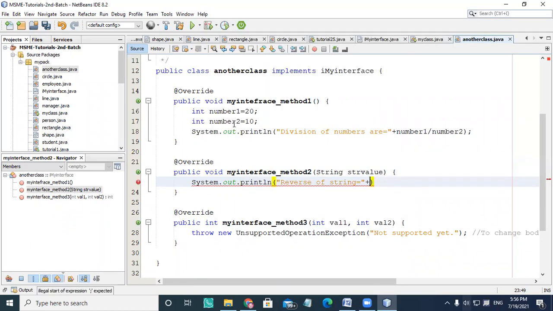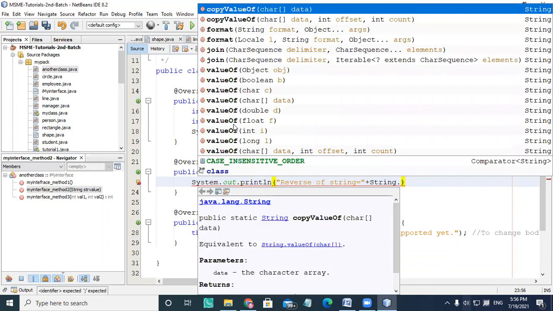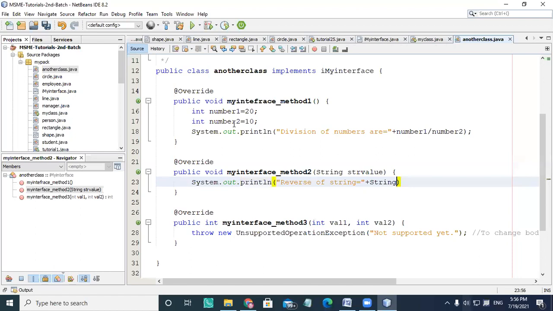I don't know whether it is there or not. Checking the String class, and reverse is not there. So I simply write some other message instead.